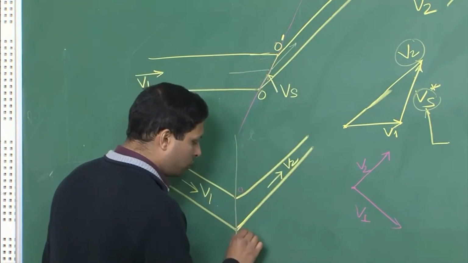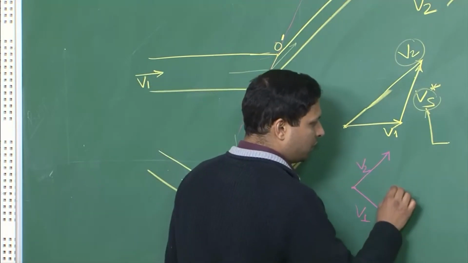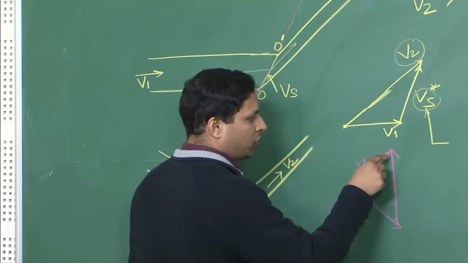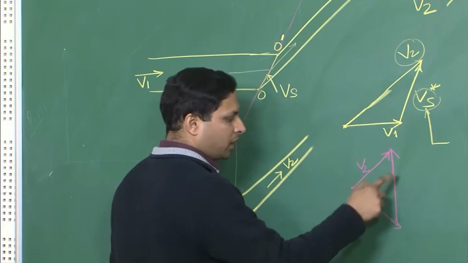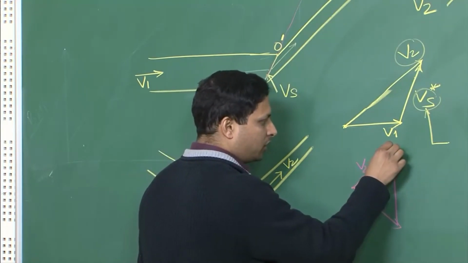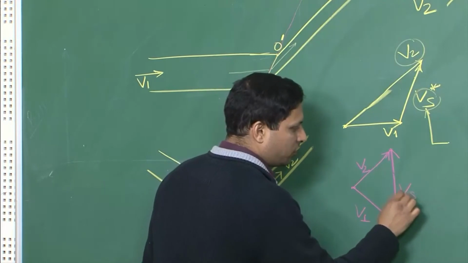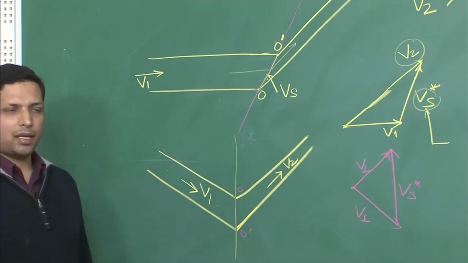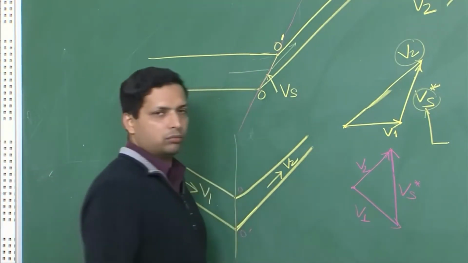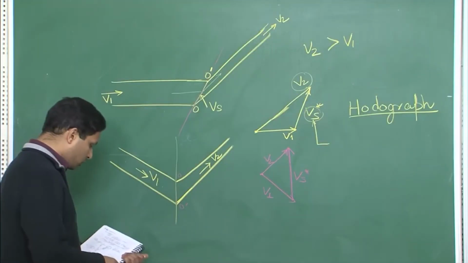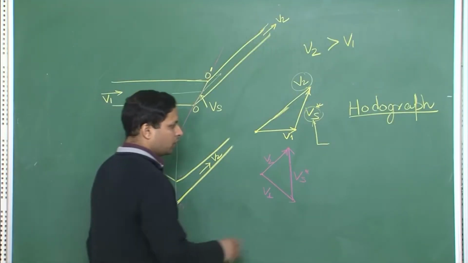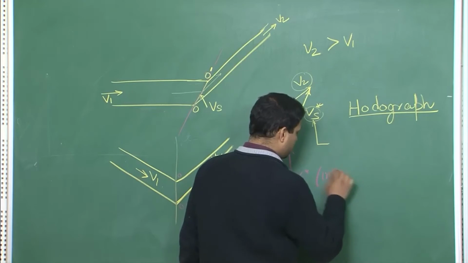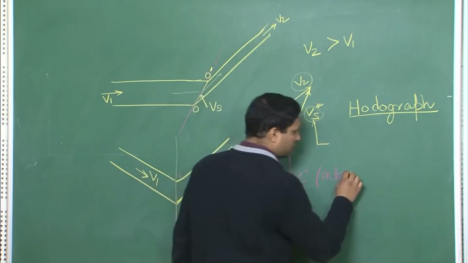So again I will call it O prime. So I will draw it parallel, which in this case is vertical, and so far I did not know the magnitude of V2, but now once these two vectors intersect, I know this is the magnitude for V2, I know this is the magnitude for Vs, which is again Vs star. So you see I have drawn two different cases and I have been able to draw the hodograph for both of them. So that is the way to go about drawing the hodograph, and like I said, Vs represents internal shearing and now it is represented by this star.